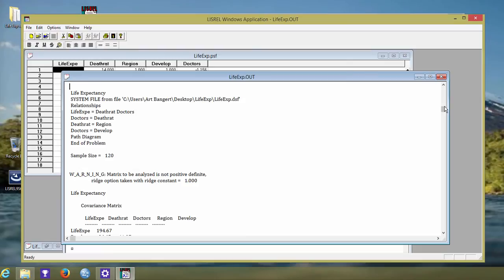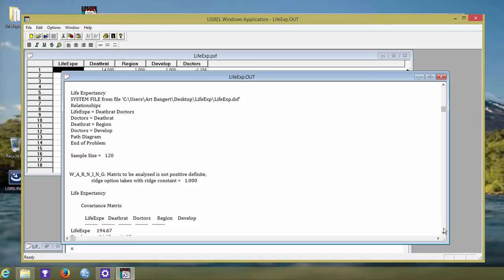And for this example, we get a warning message, and as I said in class, that's because we have some, it looks like, highly correlated variables, and so Lisrel has made an adjustment to do what's called a ridge analysis so that it can work with matrices where you